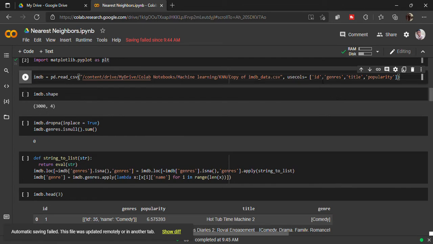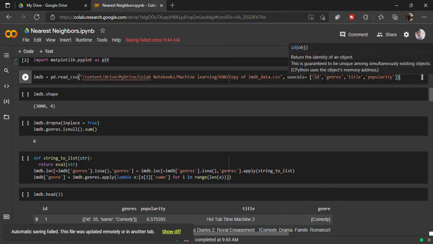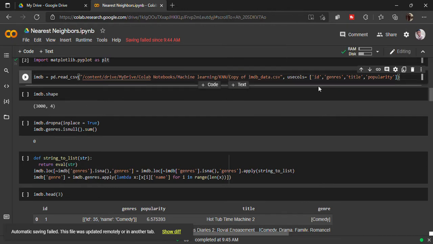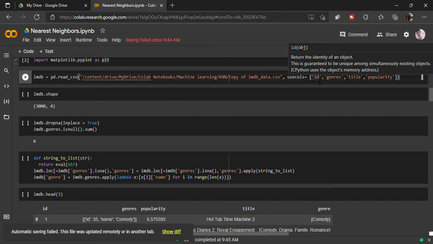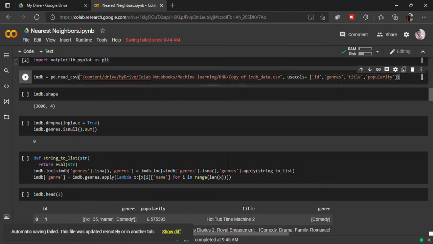I am using 4 features: id, genres, title, and popularity. This is how you can read specific columns from a csv file, if there are many features and you want just a few, you can specify them here. So let's run it, and our imdb dataset is ready.